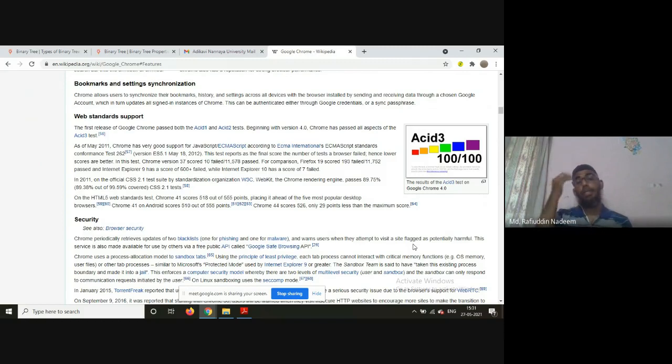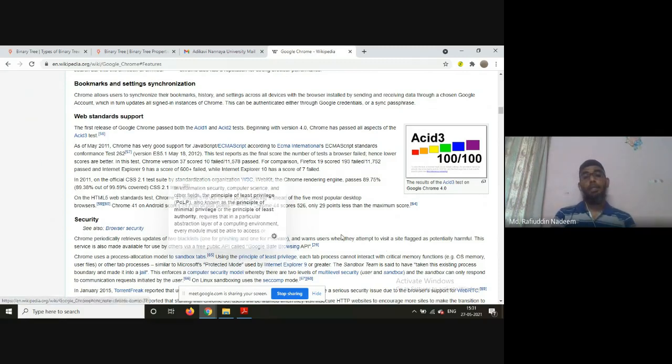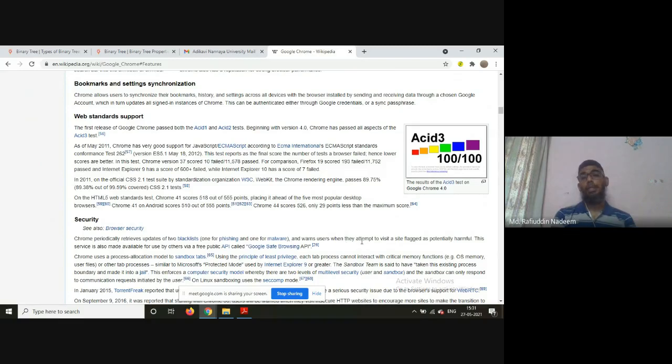It will collect the data from the phishing and malware blacklist, update it, and check automatically in that list, and when we try to access any harmful website,